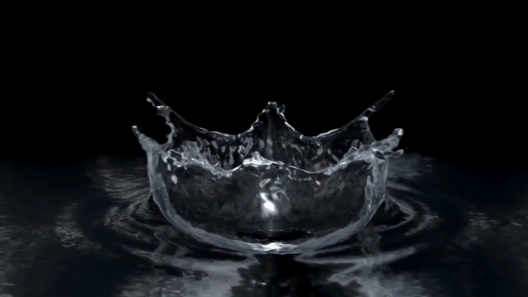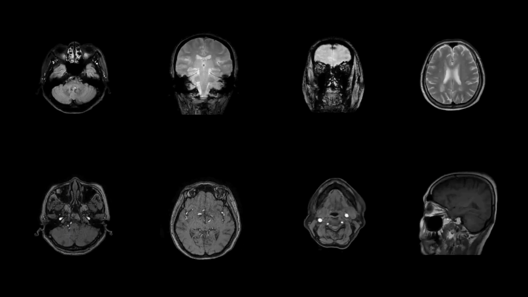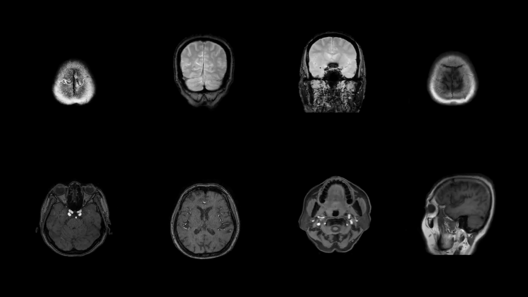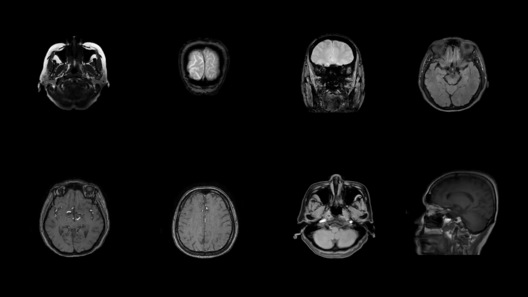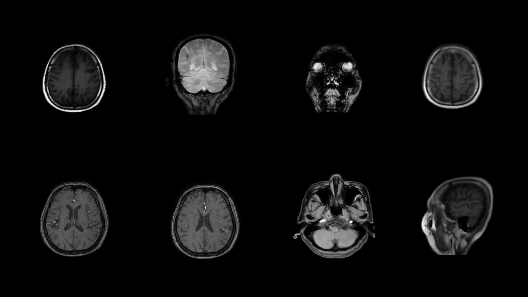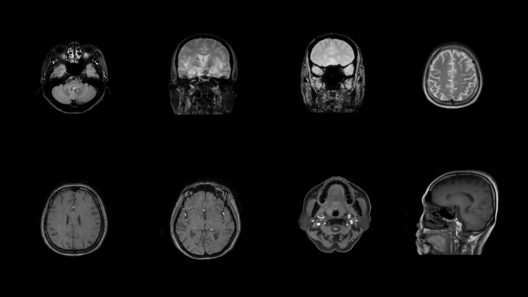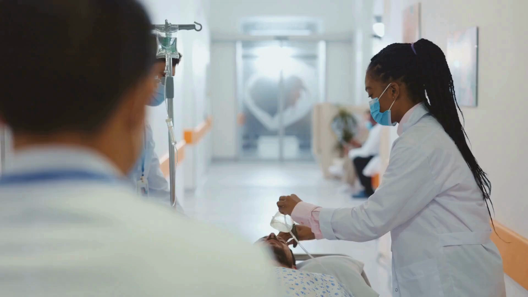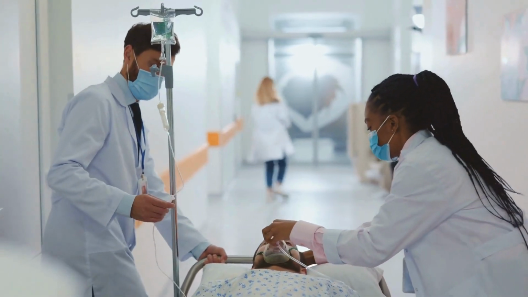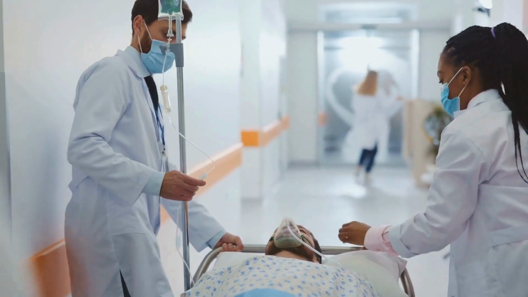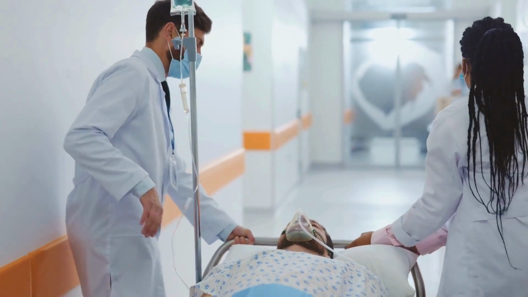So what actually makes MRI so precise, even for soft tissues that can't be seen on a standard X-ray? The answer is water, or rather, the differences in water content among various tissues. The brain, muscles, fat, and bodily fluids all have different densities of water molecules, which is why they appear differently